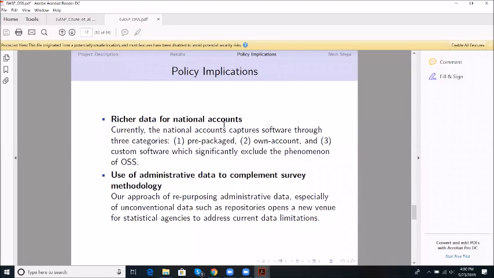So why are we doing this exercise? Well, there are some policy implications. One of them being, right now for software in the national accounts, we tend to categorize those into three types: free package, those would be your licenses sold, your own accounts, and your custom software. That excludes the whole phenomenon of open source software. One of the reasons why that's probably the case is lack of data in order to adapt the methodology. So this is one way that we're contributing to expanding what data sources are available to make more